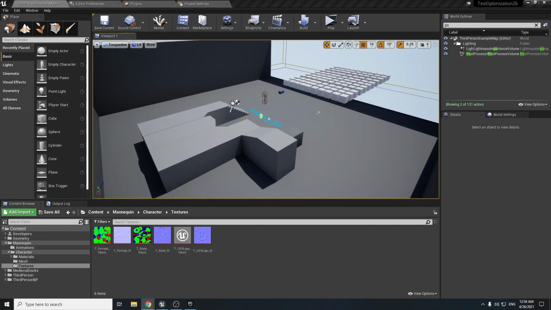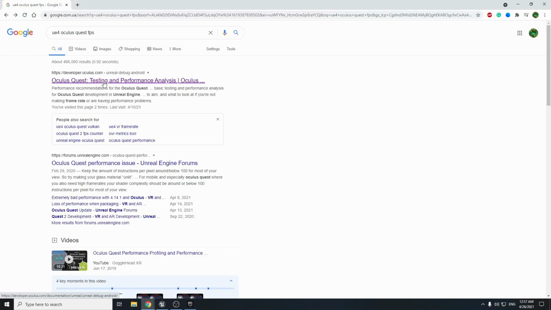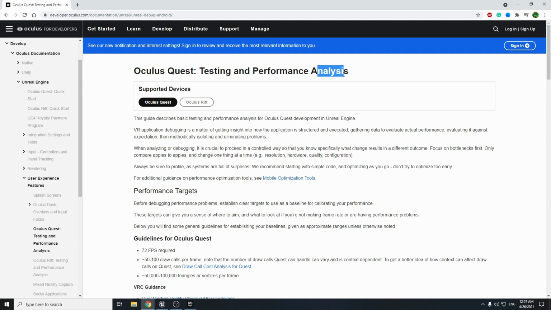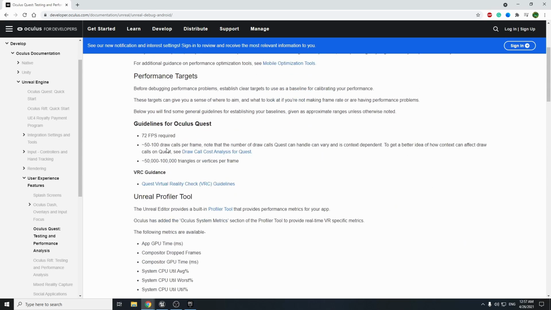And to know how much you need to optimize, I found it. It's just on the FPS and testing and performance analytic. And you will have the requirements for the platform like Oculus Quest, and for Oculus Quest 1 it's 72 FPS, and you need to have on your view from 50 to 100 draw calls per time, and not a lot of triangle count. But if you have forward shading, you can make a lot more, and you can